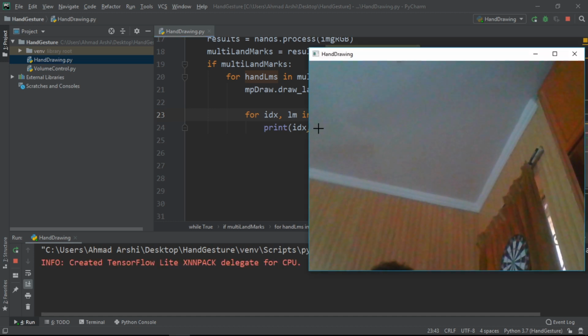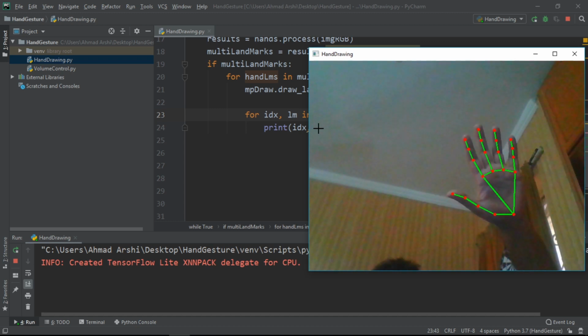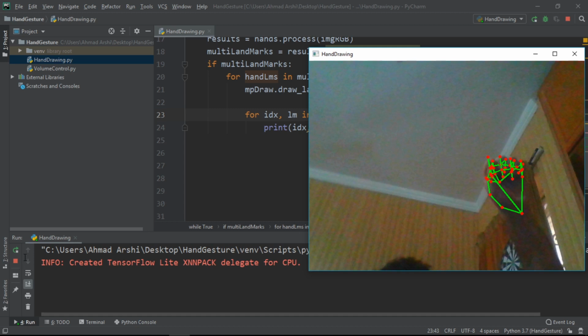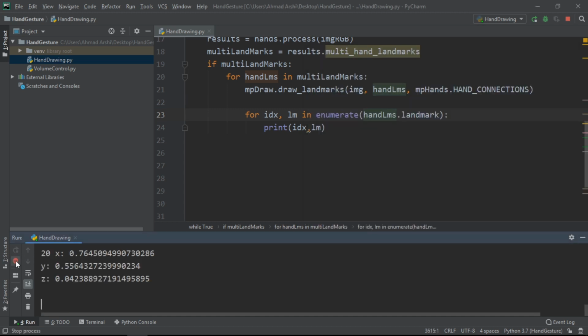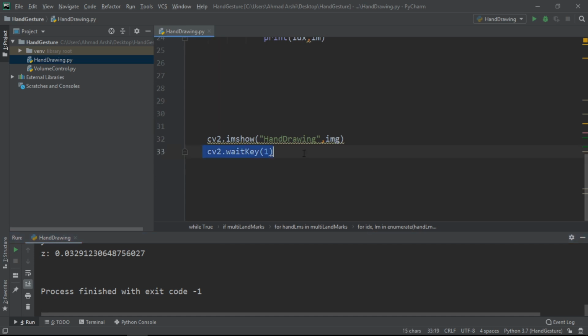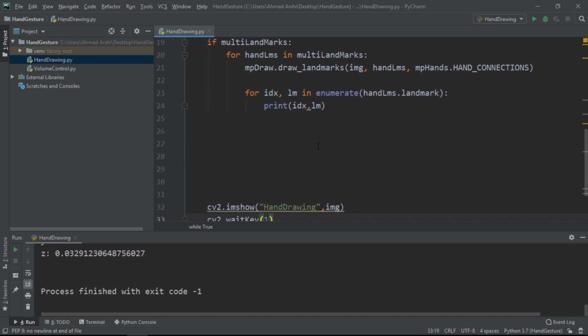Now if I just show my hand, and let's just see, just a second. Okay, we are seeing that the machine was slow. So now if we run it again, the reason why we put this statement over here is that if this statement is not there, it keeps on iterating, keeps on reading the image continuously, and it will eventually slow down your machine.